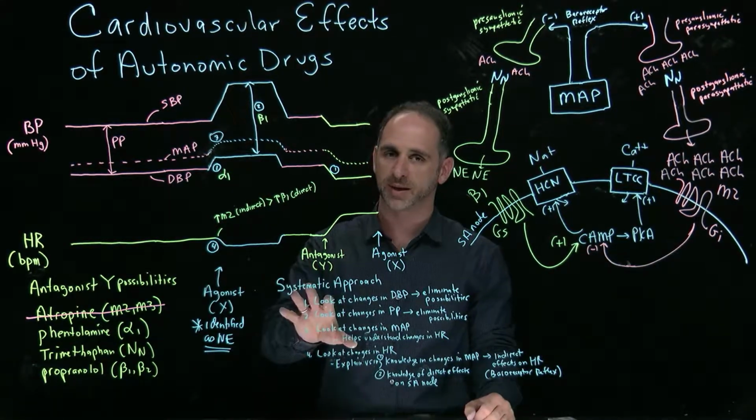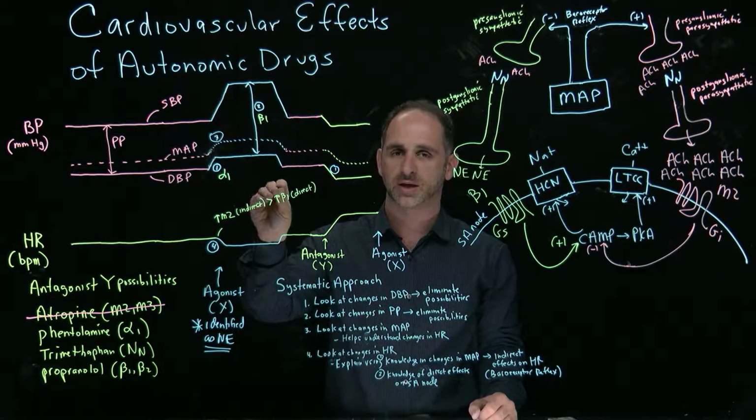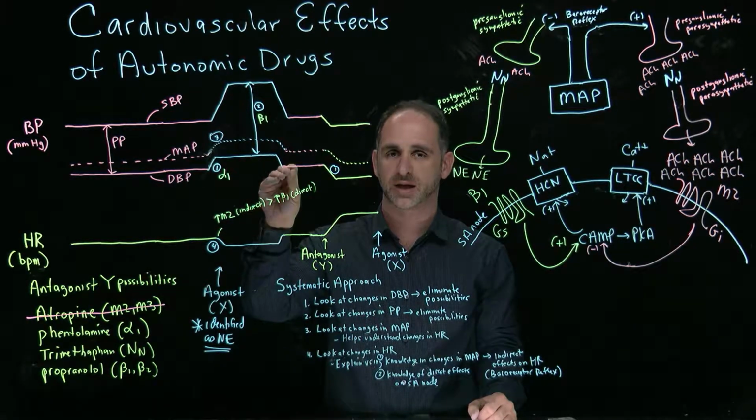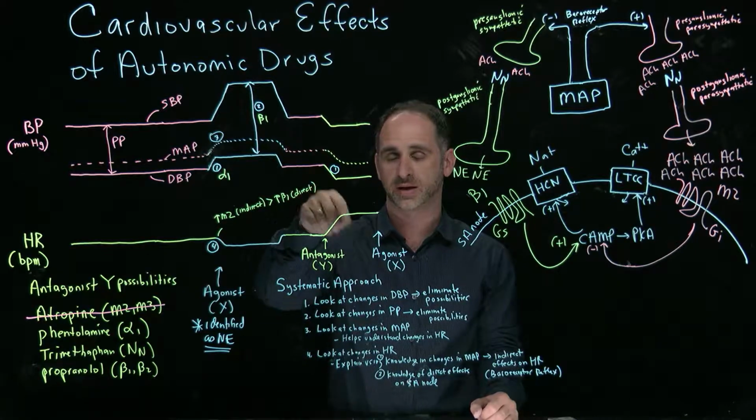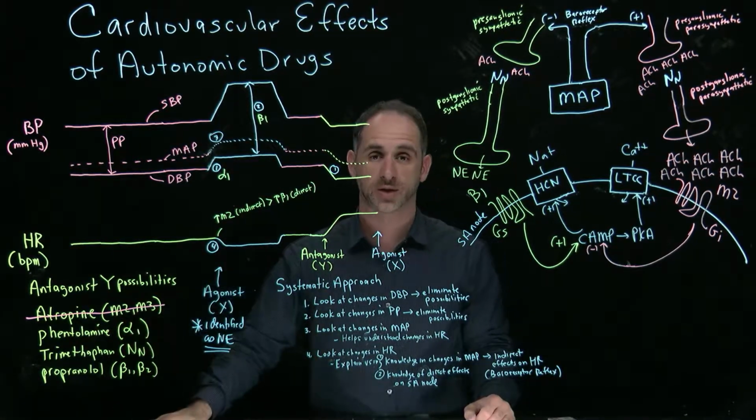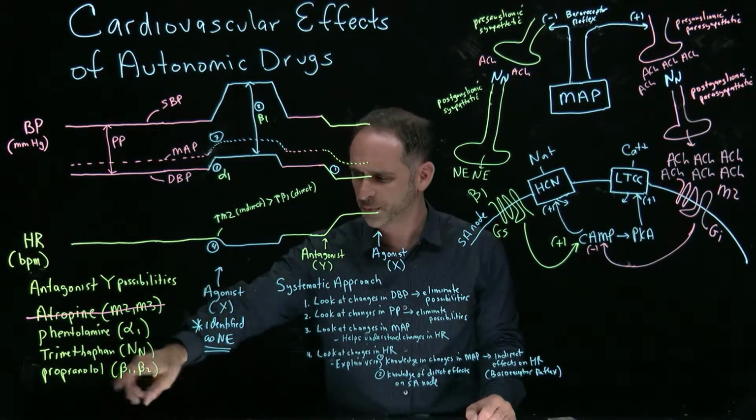But in this experiment, the key is that you are expecting to see a drop in the diastolic, and that's what we do see here, and that could be explained by a drug like trimethophan. For propranolol,